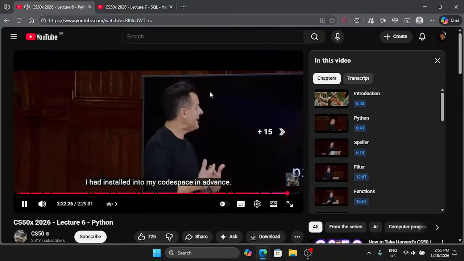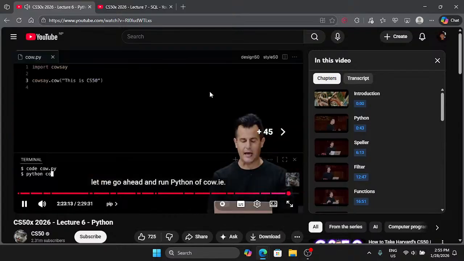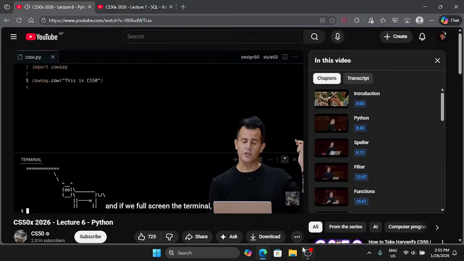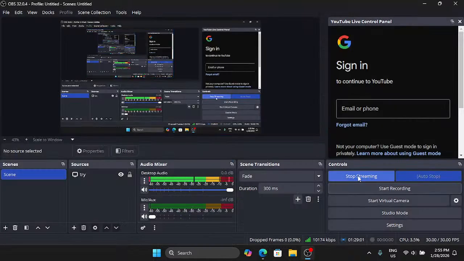Name what you need, including space line in the repository. Install this line of cow.py, enter. Cross my fingers, and there's the most adorable cow, and if we full screen the terminal, we'll see that he's indeed saying this is CS50. Now that's just one of the